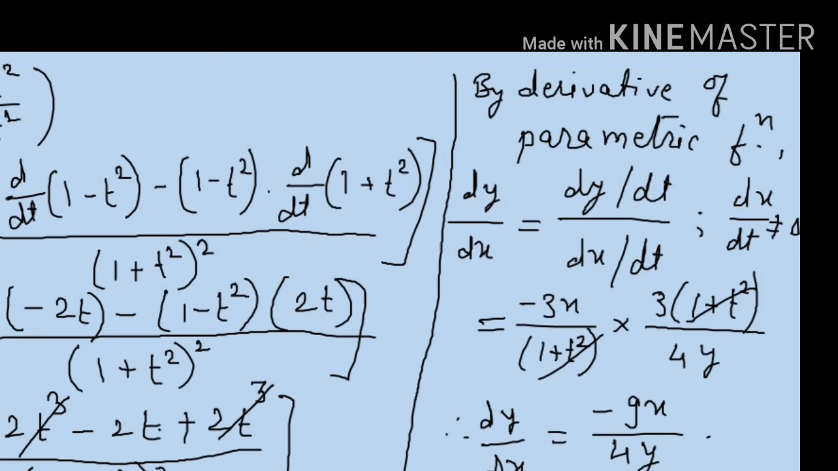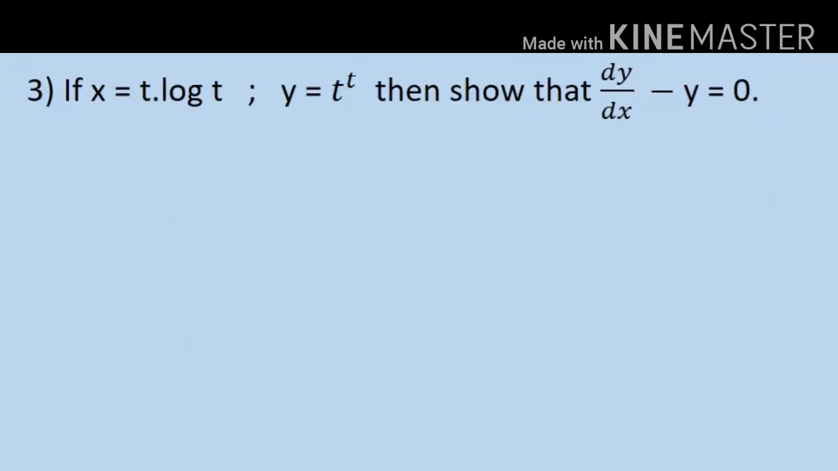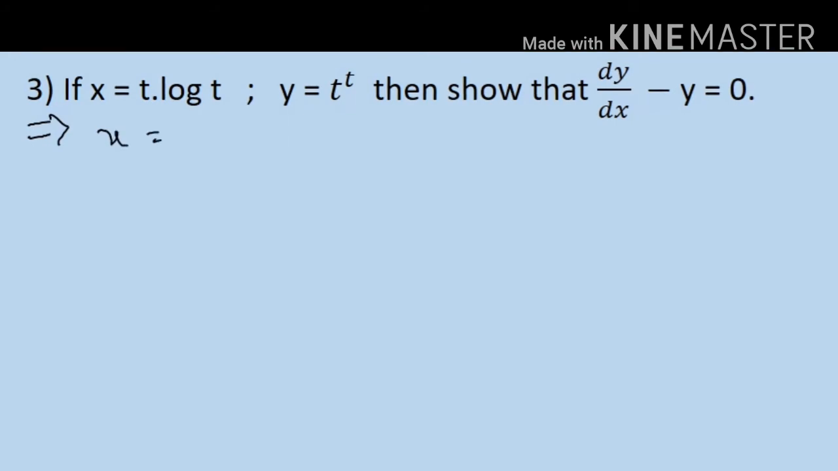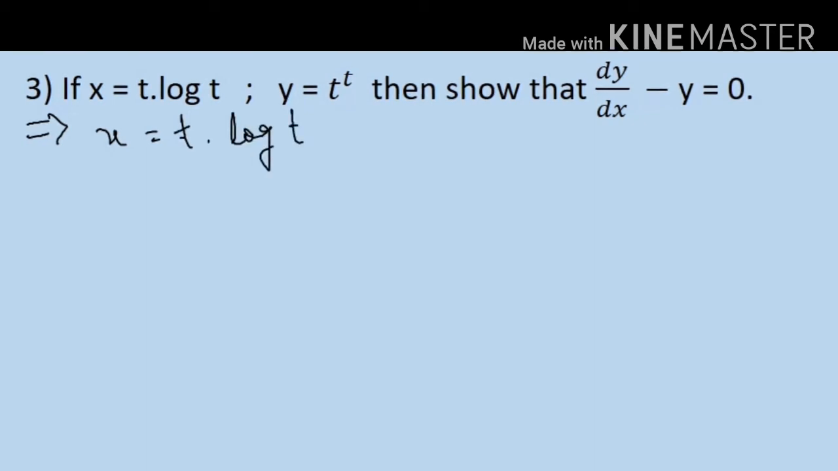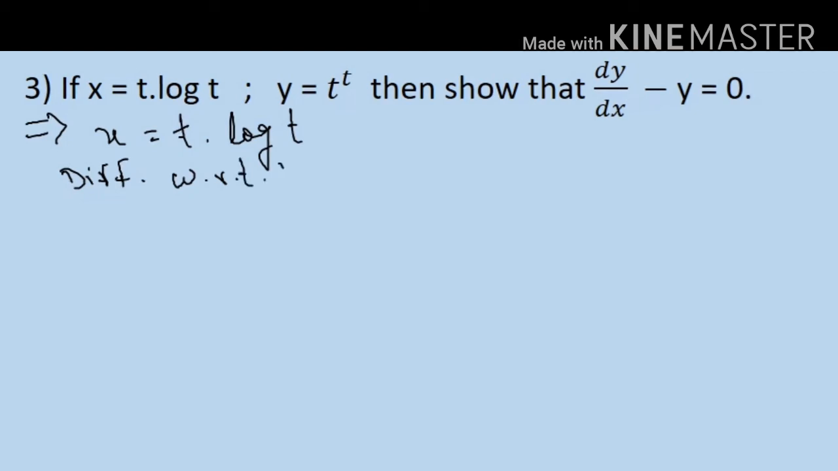Let's start with the third sum. If x is equal to a log t into log t and y is equal to t raised to t, then show that dy by dx minus y is equal to 0. X is equal to t into log t. This is now u into v form, differentiating with respect to t,